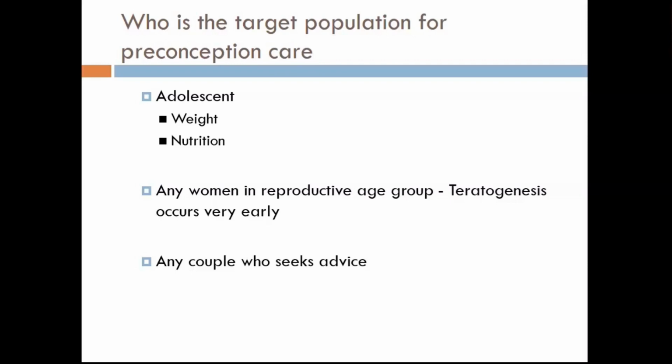So sometimes we have done thalassemia screening in school-going children, the children who are above 16, 18 years, so that we can screen their family for anemia, for beta thalassemia. We have done it in school-going children as well.